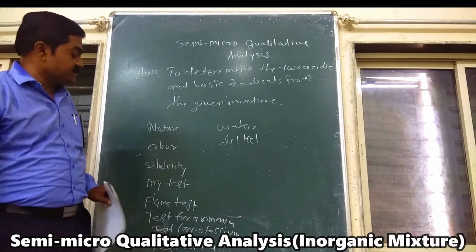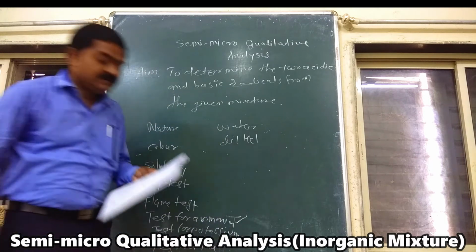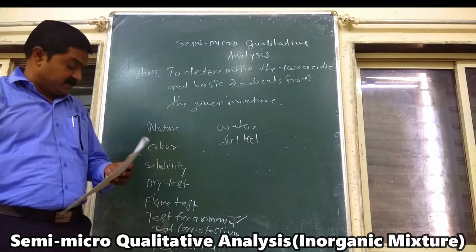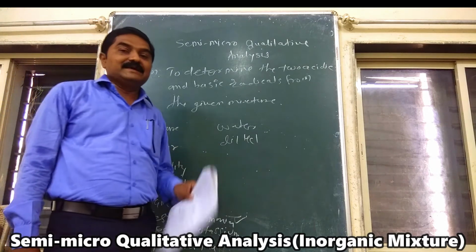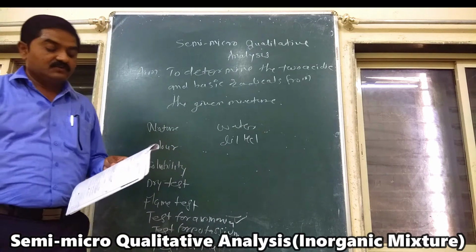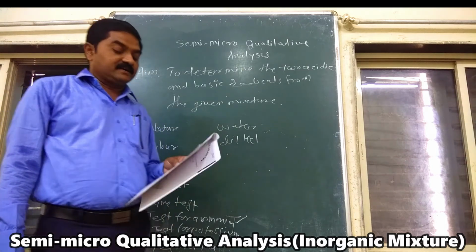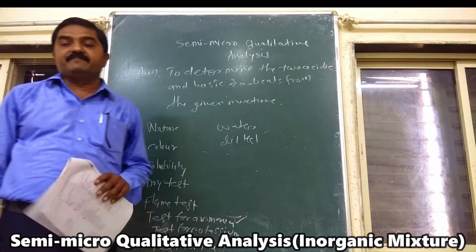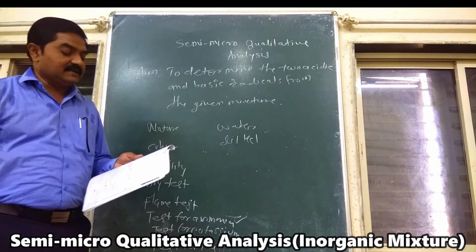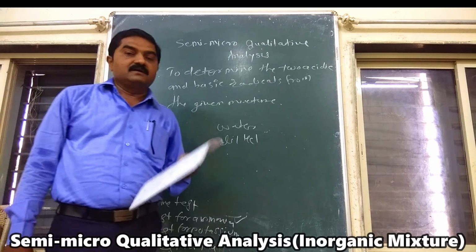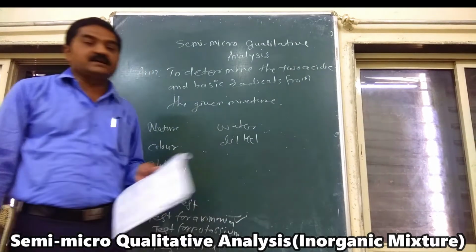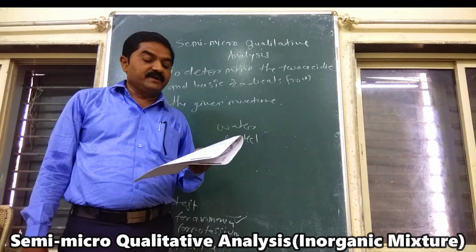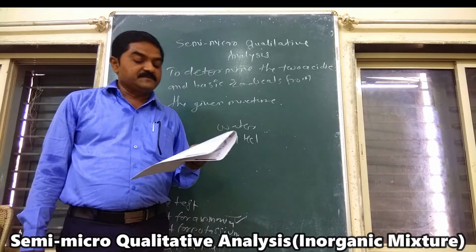Then we have to perform the test for ammonia here. In this, salt plus dilute NaOH, then the smell of ammonia is there. So ammonia is present. Then the next is potassium. We have to prepare the water extract. Water extract plus addition of perchloric acid, and if there is a white precipitate, potassium is present. And the last test is sodium. We have to prepare the original solution, that means salt plus dilute HCl, addition of potassium pyroantimonate, white crystalline precipitate, sodium is present.